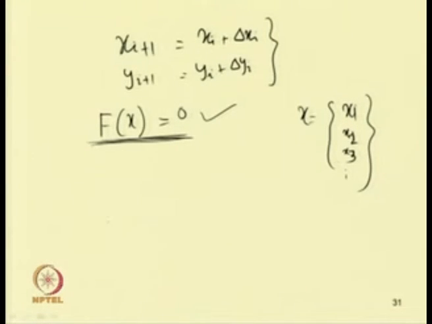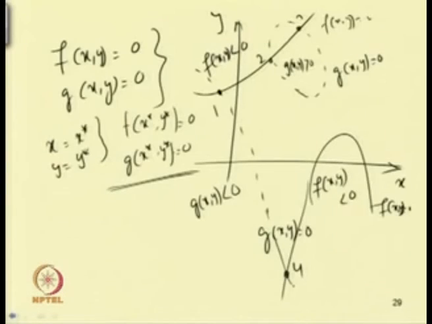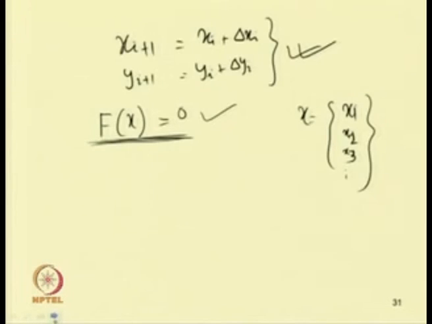To obtain that, we can follow the similar procedure as we have discussed in case of these two equations, where we have to find f(x, y) equal to 0 and g(x, y) equal to 0. So, instead of two equations, if we have more equations we can follow the similar procedure. So, now we can find J delta equal to f, where J is the Jacobian matrix. This Jacobian matrix we can find this way.